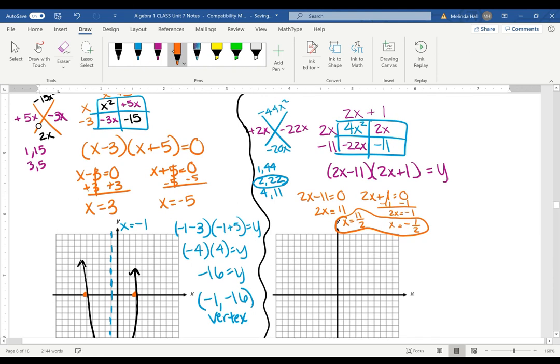Now, I understand for the sake of graphing that it is probably easier to make these decimals, so negative 1/2 is obviously in between 0 and 1, and then 11 over 2 is 5.5, but it's positive 5.5, so we would go up to 5 and a half, and you can just estimate it to the best of your ability. But since we need to find the axis of symmetry, we're going to find the middle, which looks to be, let's see,